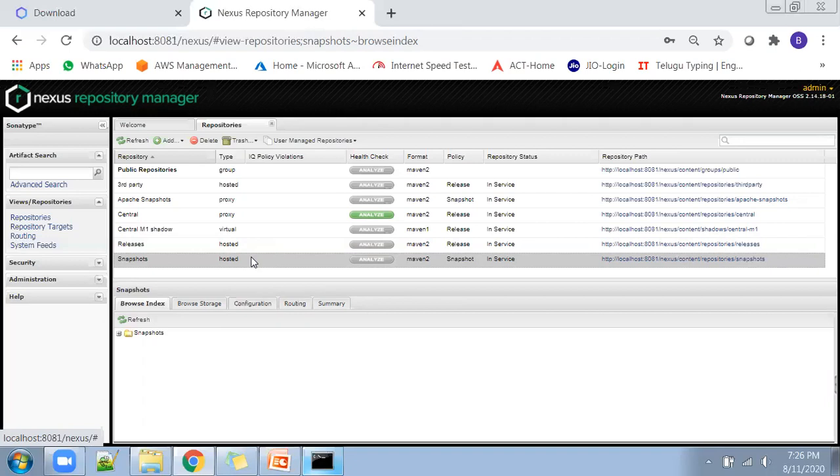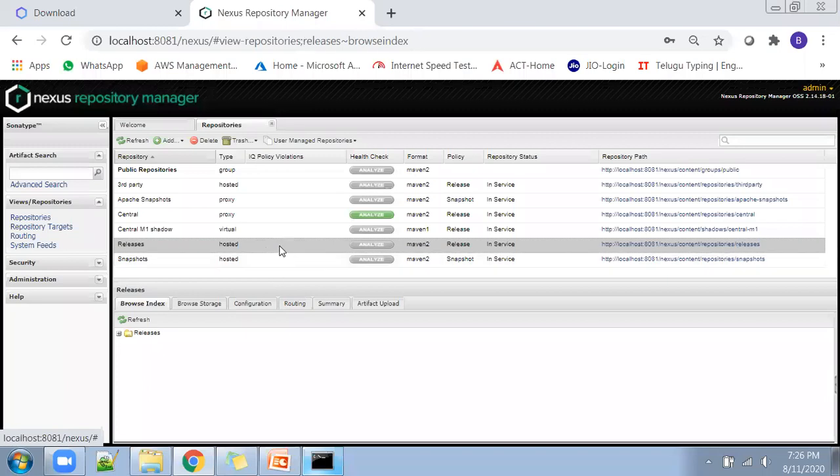Yesterday, when we did Maven package, we created one jar file and one war file. Since that is a snapshot copy, that is still a testing version, we can put that testing version in this snapshot repository. Once we are very sure that the snapshot war file is working properly, then we upload it to the release repository. Release means it is the proper version, properly tested, and ready for deployment to production. So that is the major difference between release and snapshot.